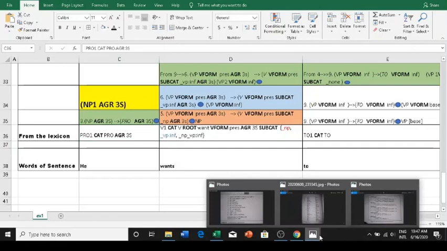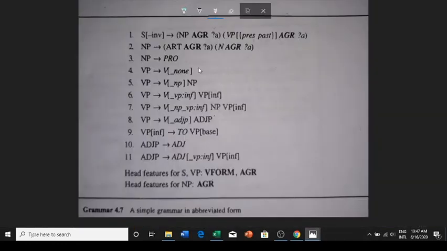Which grammar are we going to consider? It is the simplified grammar, shown in figure 4.7 from your textbook. The specialty of this grammar is that it is simplified in notation, and you might be remembering the terminologies we introduced to simplify it. We have a mother part for each production; in production 1, S is the mother. Then we have a head constituent for the right hand side of the production, the italicized part, and for rule 1 it is VP.